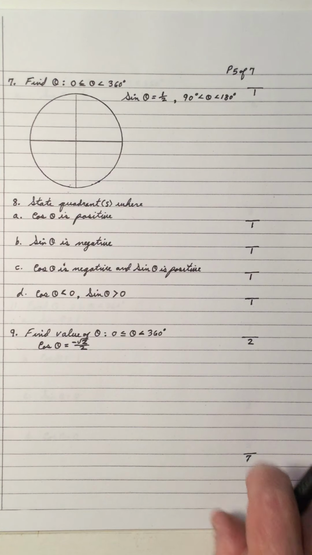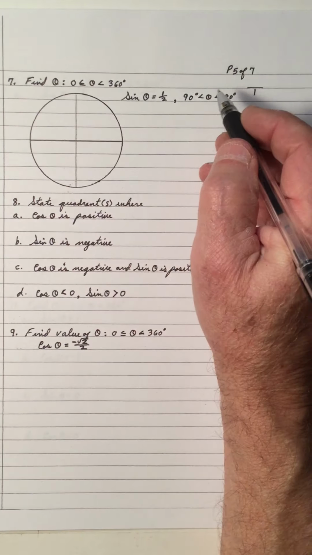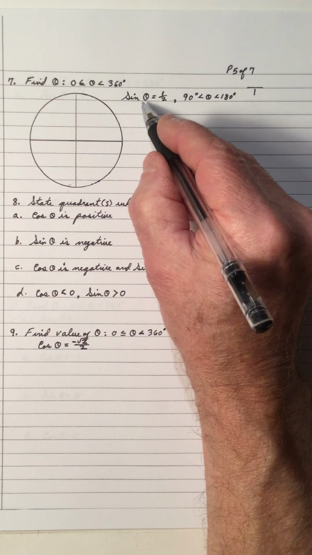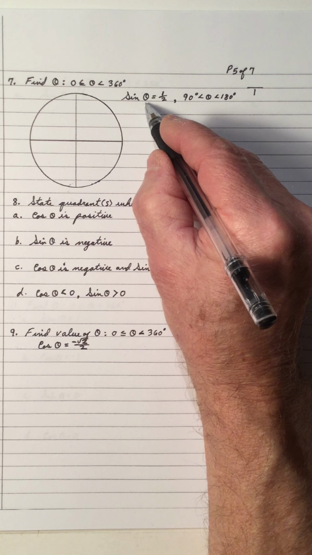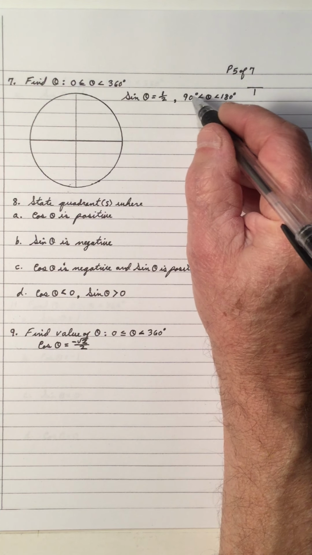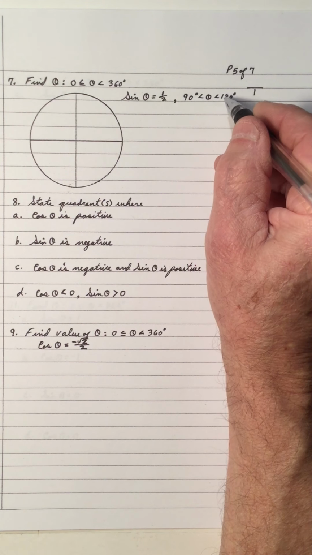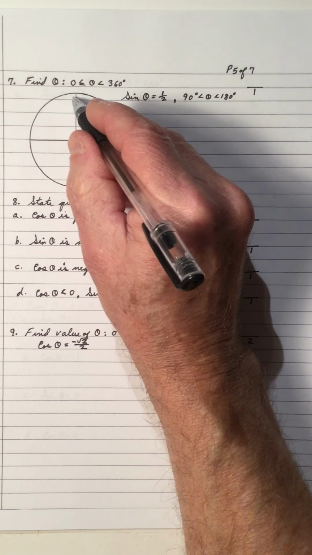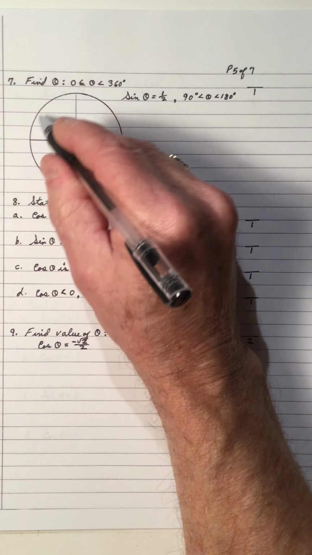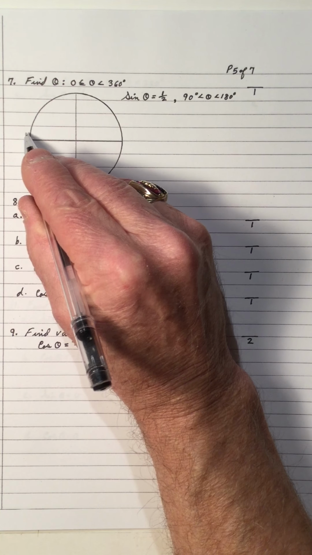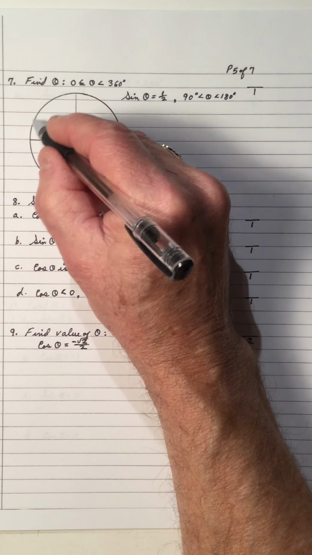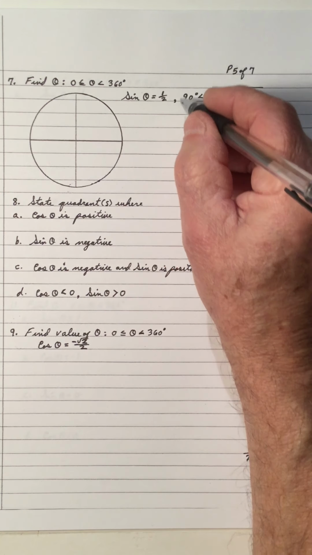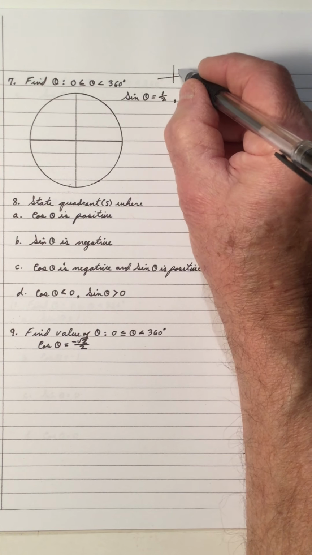Number 7, find theta from 0 to 360, where sine theta is a half, and we're going between 90 and 180. 90 is here, 180 is here. So we're in this quadrant here, and sine is a half. Remember, sine is positive, if you think about it,